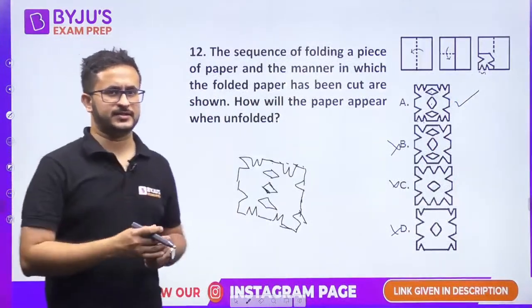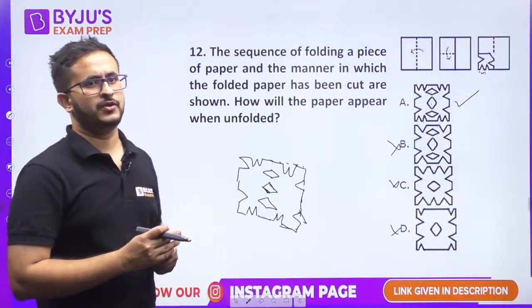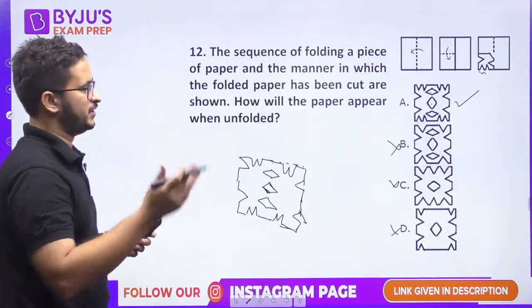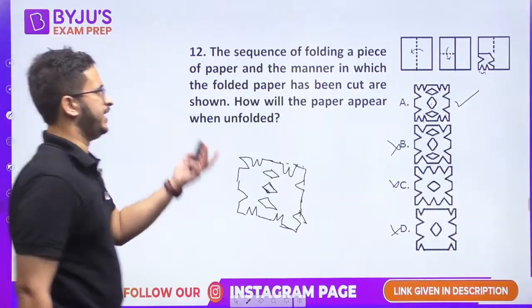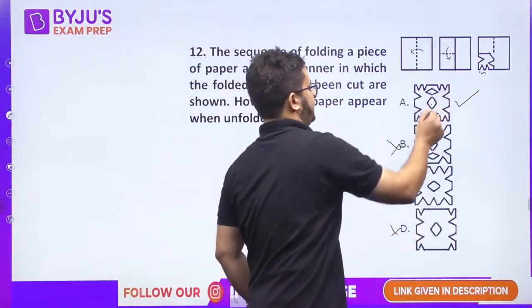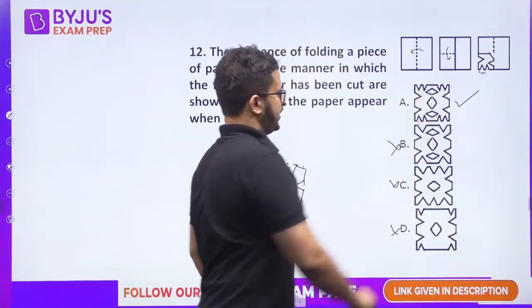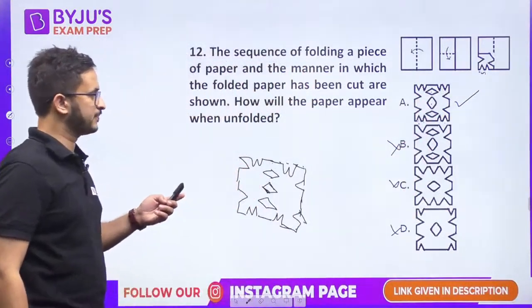So you have to visualize. Okay, so you have to visualize what should be the correct one. So you can see any of the elements. You could have seen this M and found out that only this option has M's on the 4 sides.